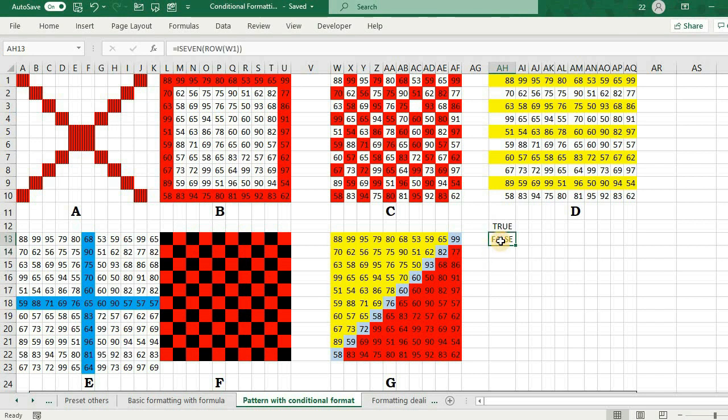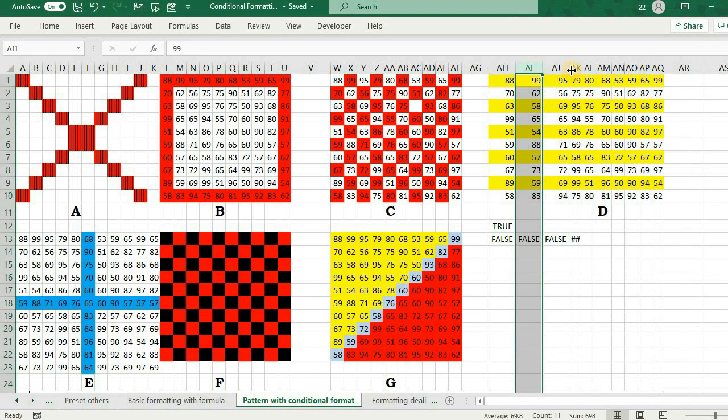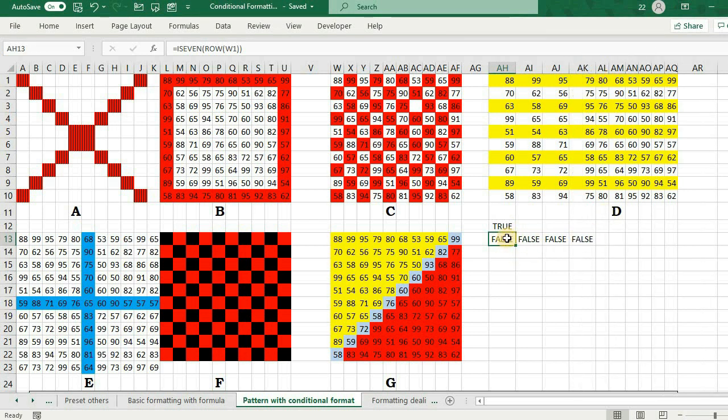But when we drag it to the right, what happens? See, it says false, right? But I needed to pick this one also, so I will check the column as well. I will check for the column function also.